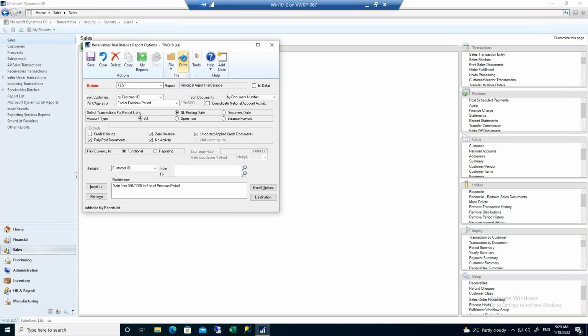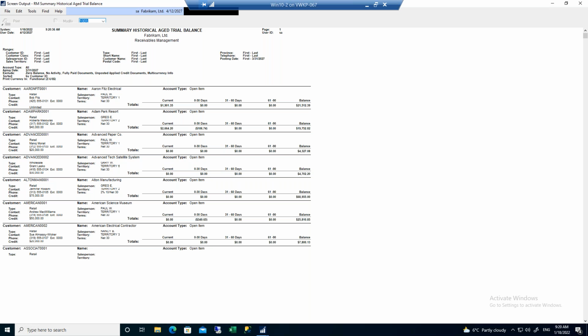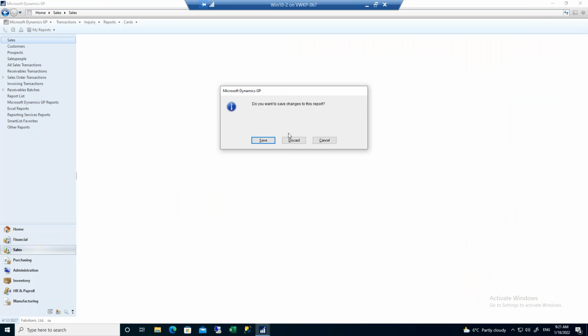So we look at this and we go, okay, this is a great report. It's got the information that I want, except that it's kind of bulky, for lack of a better way of talking about it. So inside here, we have different areas which allow you to say I don't need the salesperson, or I don't need the type, or I don't need something. I can remove some of this information. It's quite easy to do. If you have rights, you can hit the modify button. When you modify,